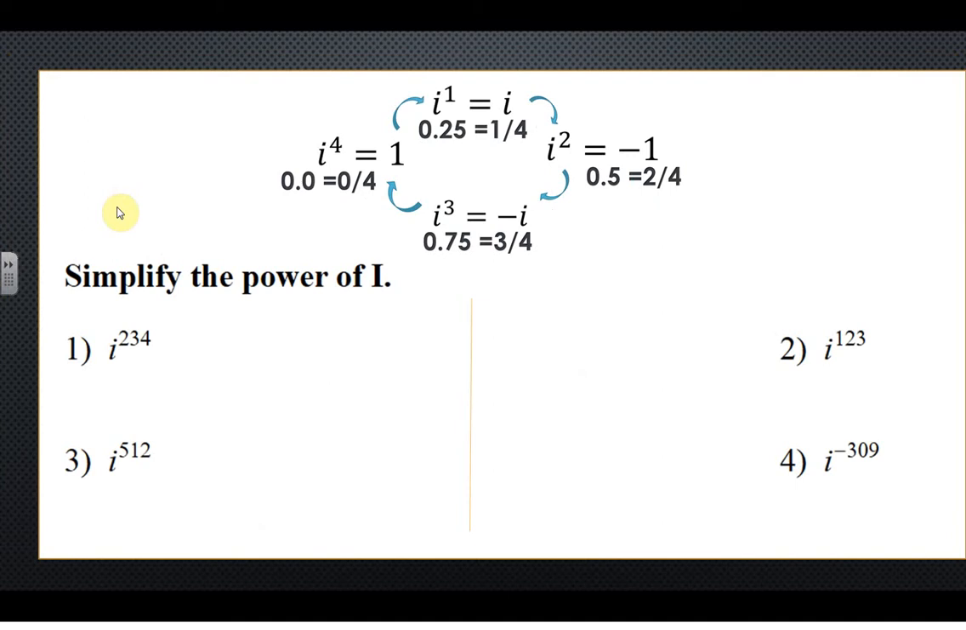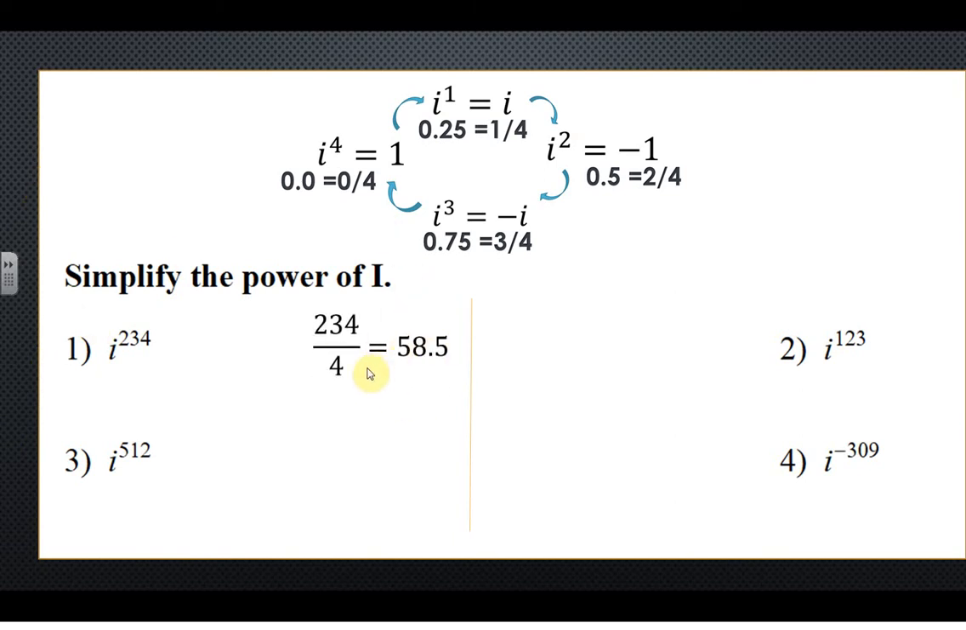So here's where it actually comes into play. Say we ask you what's equivalent to i to the 234. Well, I don't want to count all around and around and around, because I could go 1, 2, 3, 4, 5, 6, 7, 8, 9, 10, 11, 12. Some of you might do that. Goodness. But what we can easily do is, because it's out of 4, 234 divided by 4 is